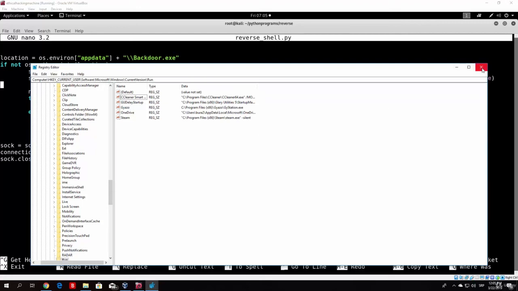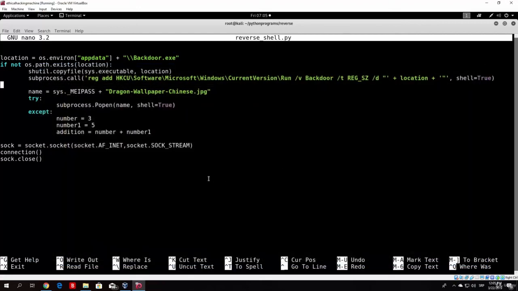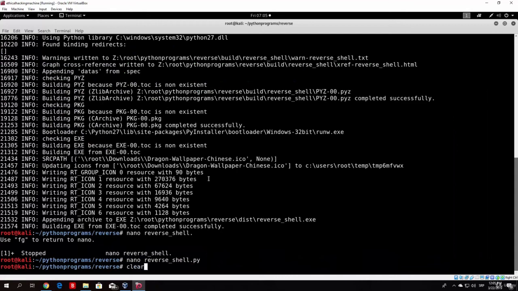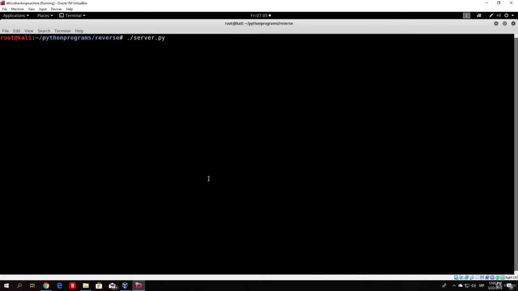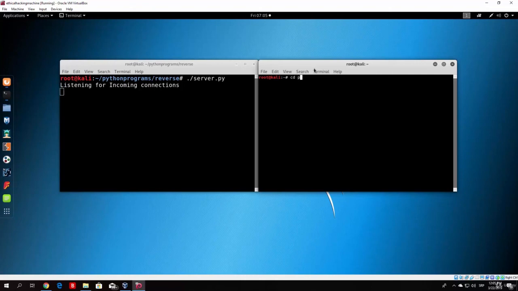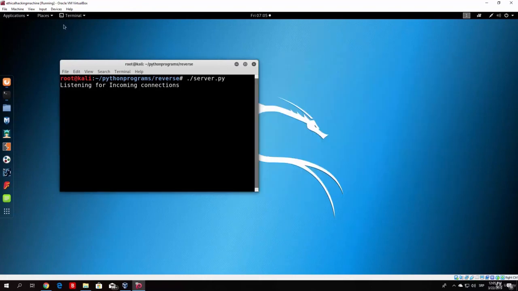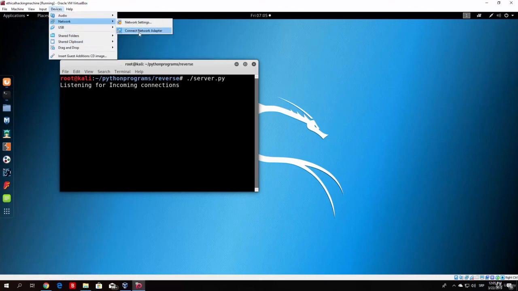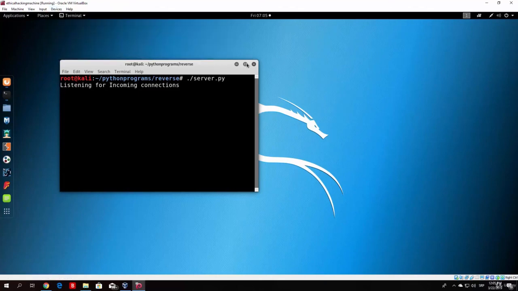So all we have to do right now is run our program. First of all, we will run the server, listening for incoming connections. Then what we want to do is actually copy from another terminal the executable to the media root Kali. Once we copy it there, we want to exit this terminal, we want to unplug the USB device, enlarge this,